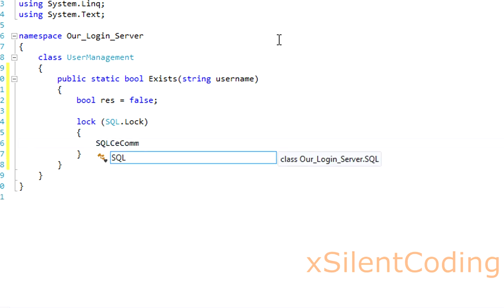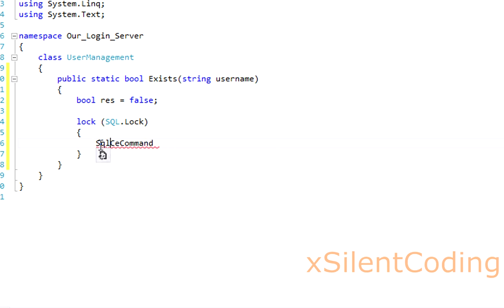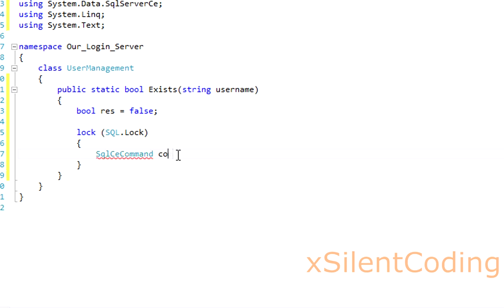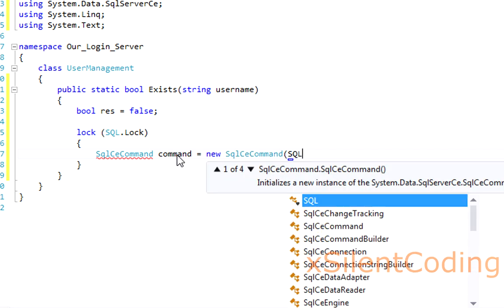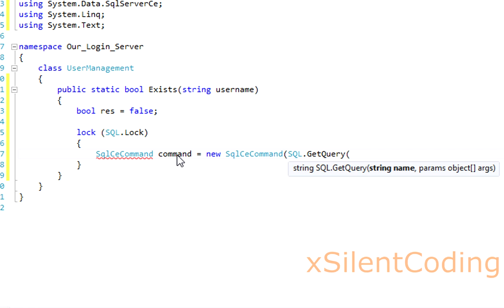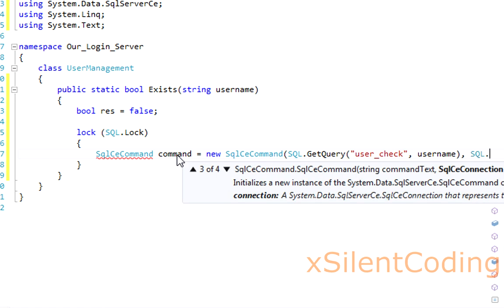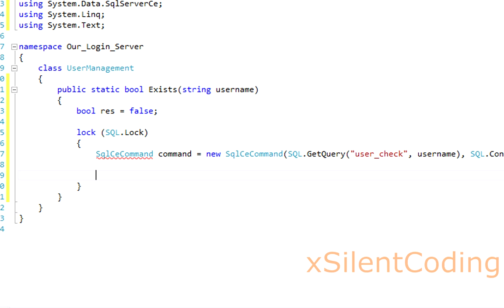SqlCeCommand equals new SqlCeCommand, SQL.GetQuery, user check and username, SQL.connection. Now, as you can see with our GetQuery command, it'll read our query from the disk, it'll set